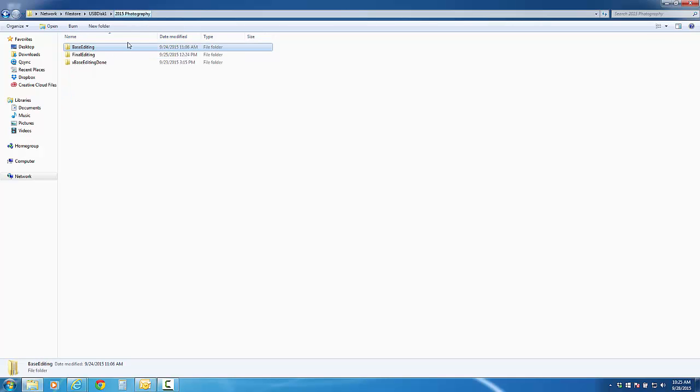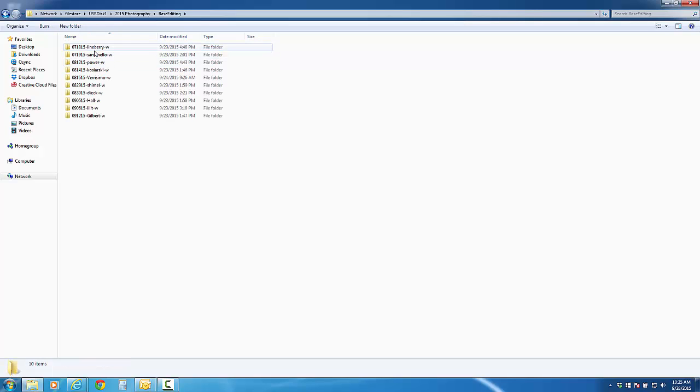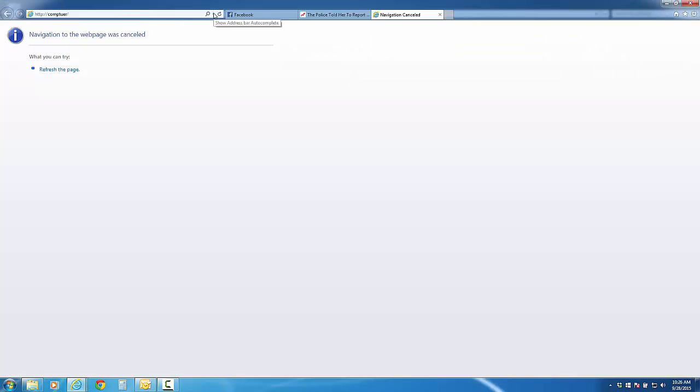That would be if you're culling, picking 3,000 photos and base editing, color correcting them. You want to be in the base editing. You want to take any one of these jobs, the ones that you're assigned to, and pick the job and download it. I've already downloaded this file here, and what I want you to notice is